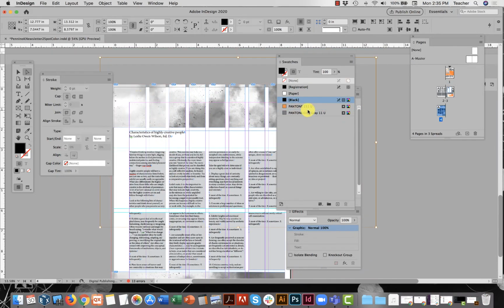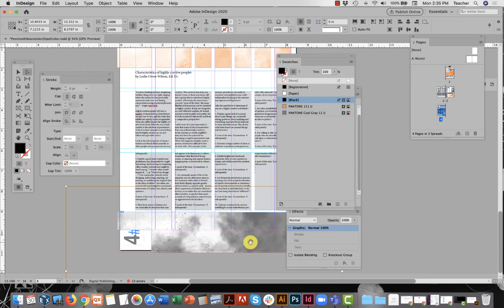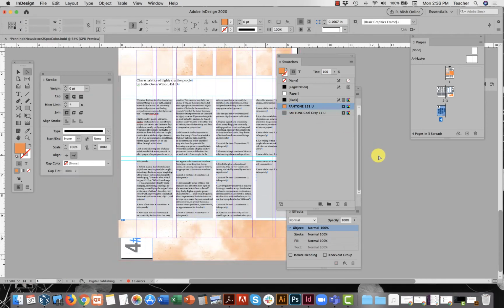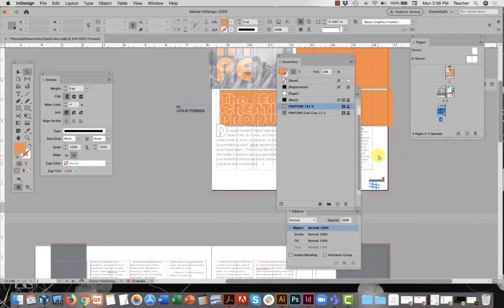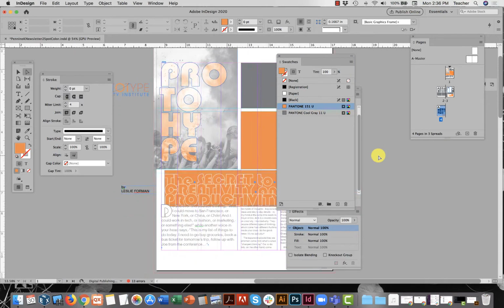Click on the contents, select one of my spot colors. Click on the content, select a spot color. And each time I'm doing this, I'm replacing the black grayscale TIFF pixels with instead one of my spot colors. Do note, grayscale TIFF is the only file type and the only color model that will allow you to apply a different color to those pixels. You cannot do that to any other type of placed image in your two spot color InDesign layout.